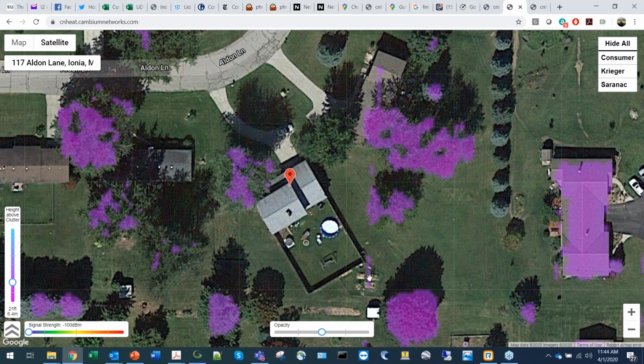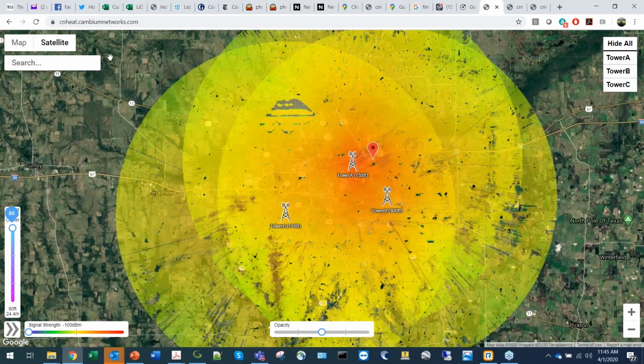So a really nice tool for the CSR. I've done this also in less than a minute. When the person calls in, you can be pretty confident saying, we can install you, and we would do a little bit over a 20-foot pole mount in the back corner of your yard. Would you be okay with that? And you'd have confidence, and the installer can go out. And so instead of the installer going out and marching all around and not finding this, you found this location for an installation. Okay, let's go to example number 3.